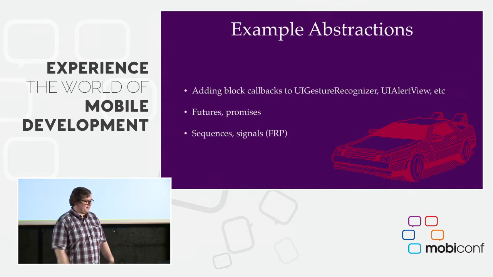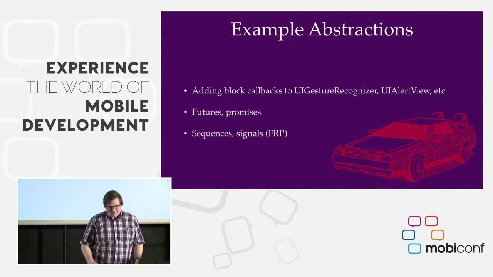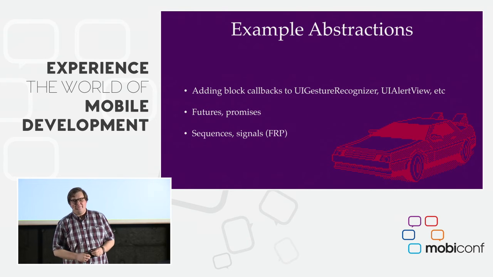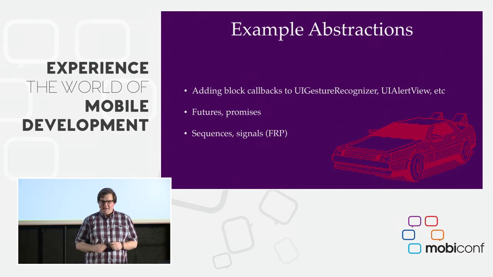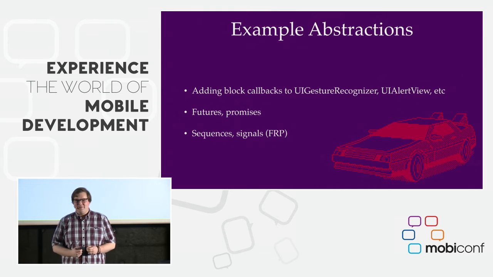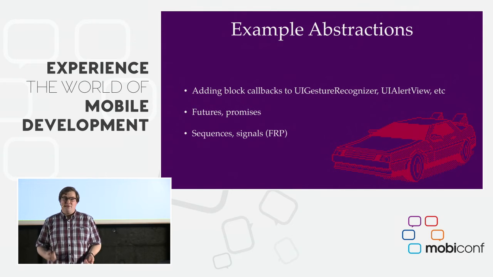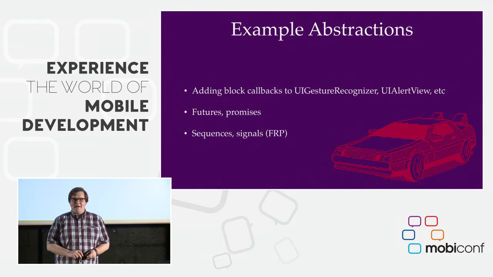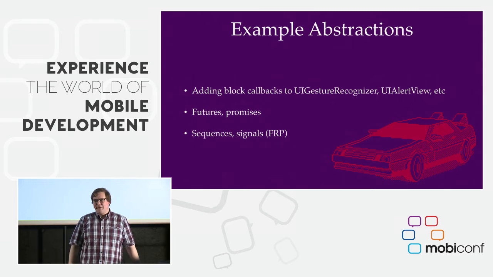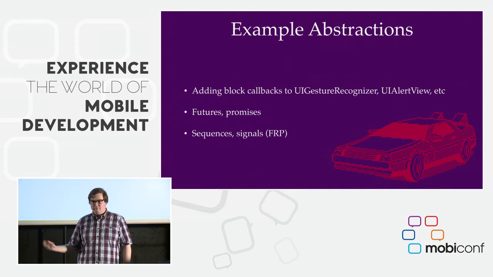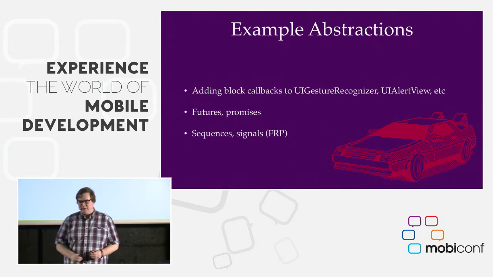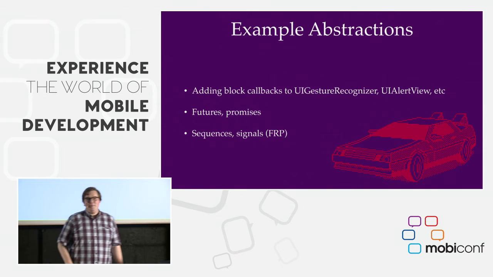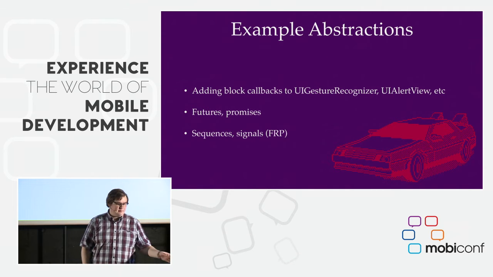So let's look at some example abstractions. One of the first things to happen when blocks were introduced was that everyone went out and created a library for their favorite UIKit class that they hated. UIGestureRecognizer, which also came out in iOS 4, and UIAlertView. These were two really popular ones. There are dozens of CocoaPods available for adding completion blocks to these two classes because they were made before blocks were available. I honestly don't think that the people making GCD and the people making UIGestureRecognizer talk to each other at all, because I think if they had, they would have used blocks.